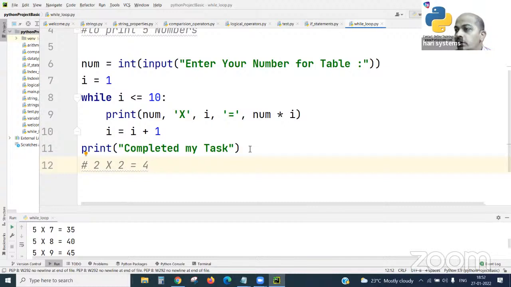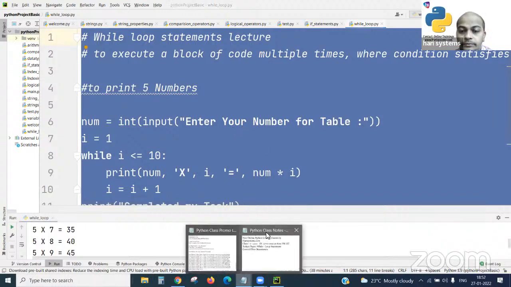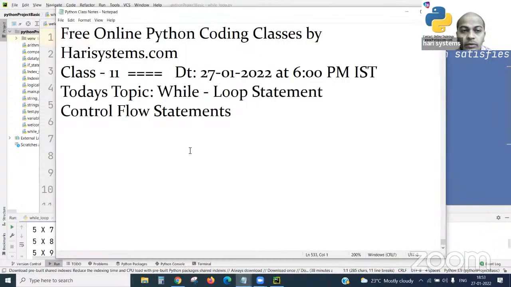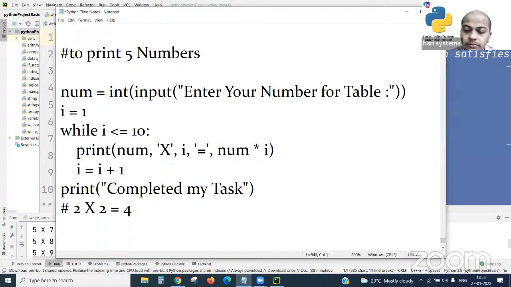So I hope this is a very clear, understandable lecture today for all of you. So take these examples for your reference. Any queries within your mind? Tomorrow we'll discuss for loop statements, most probably.